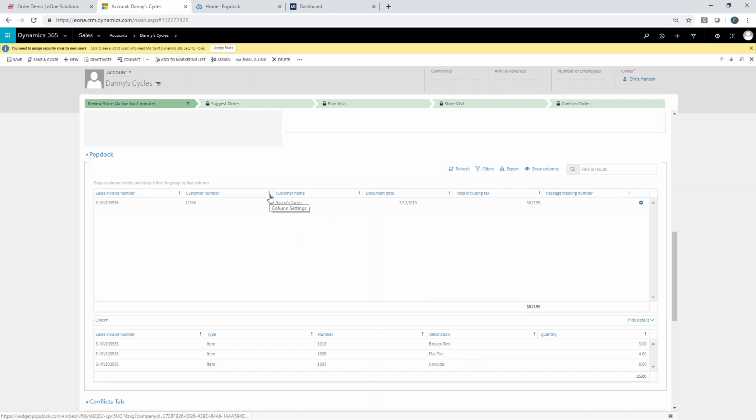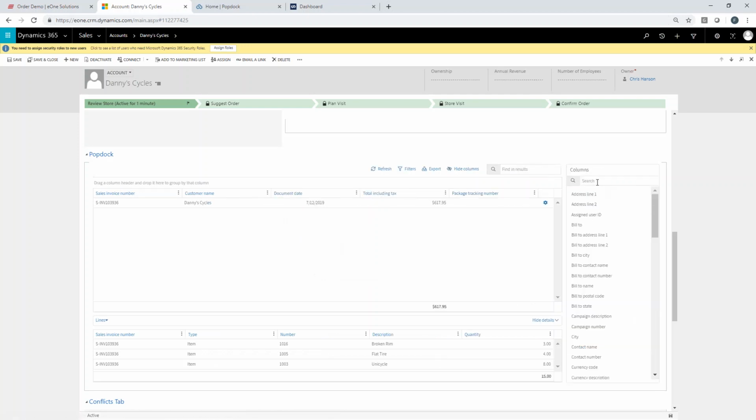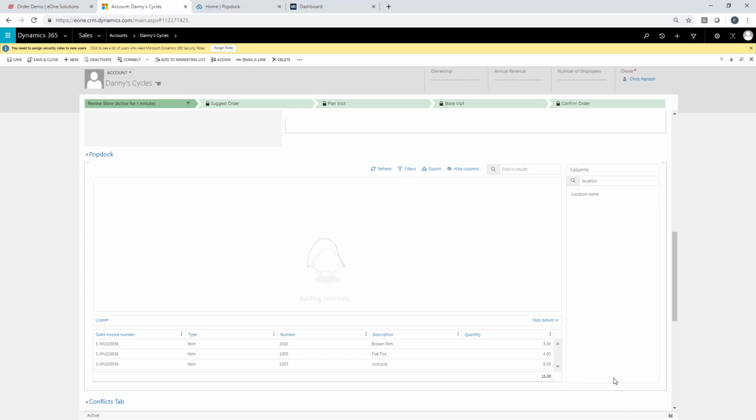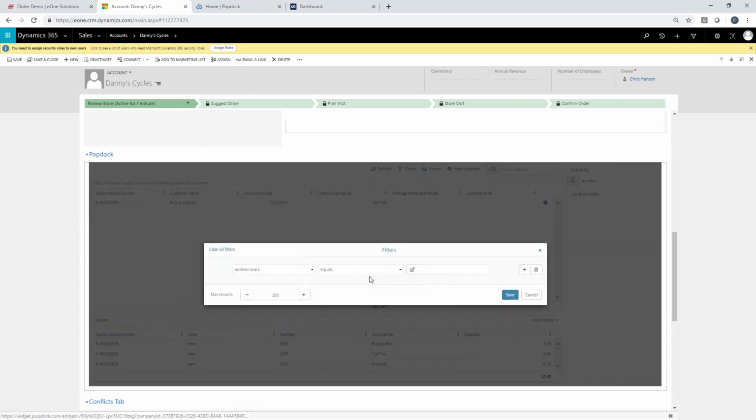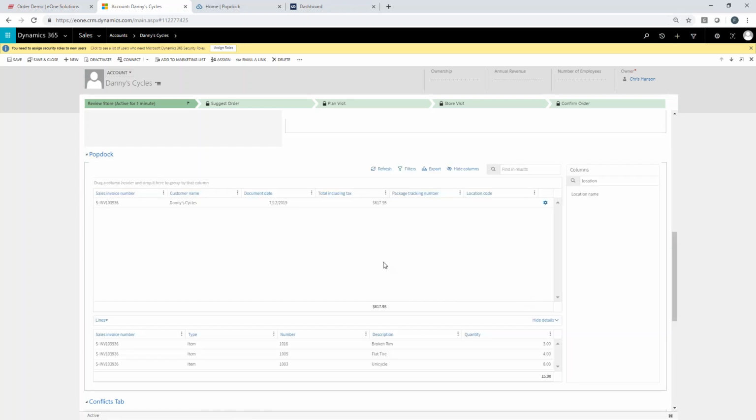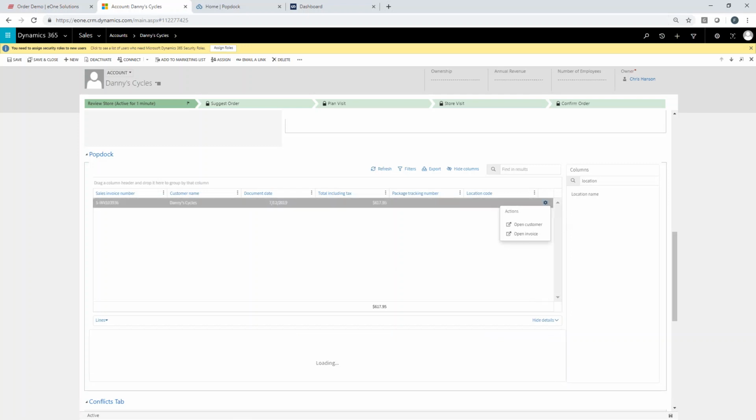Now this data is completely customizable. So I can go ahead and I can pull columns out if I want to. If I want to go ahead and add in any column, I could do that. So I have complete flexibility here to add any number of filters and completely manipulate this data so I'm getting exactly what I want when I need to. PopDoc also makes data actionable. So I've got the ability here through the PopDoc actions with Business Central to open up that customer directly inside